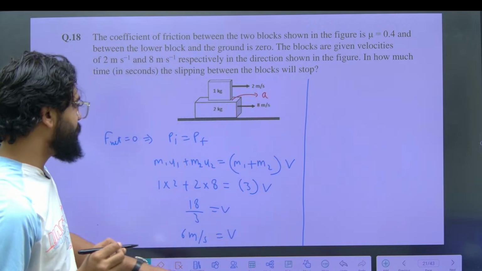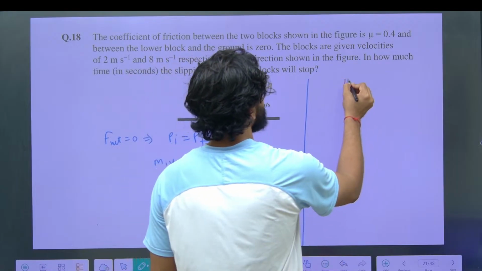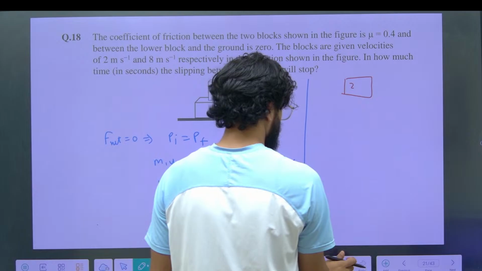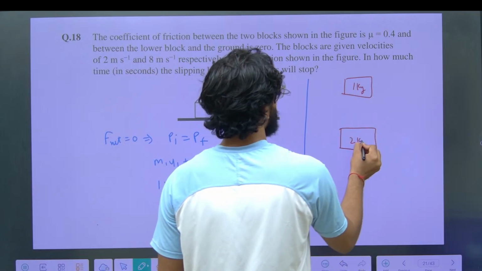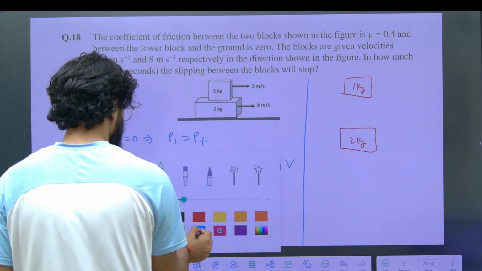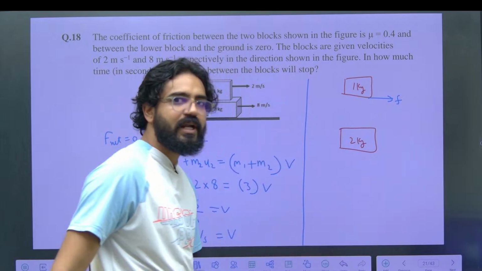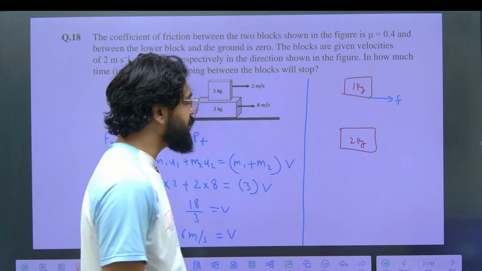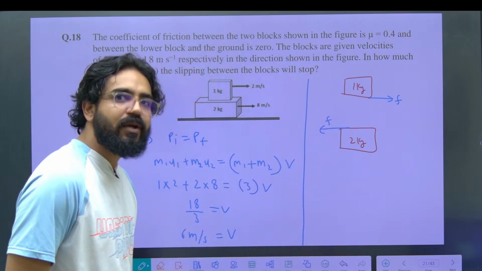Friction is doing some magical work. What magical work is friction doing? If this is a 1 kg block, and this is a 2 kg block, so